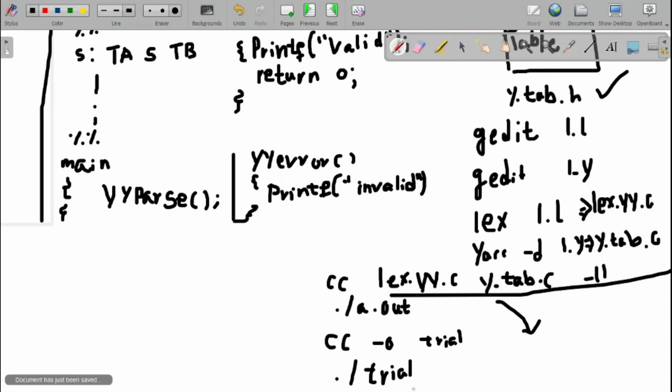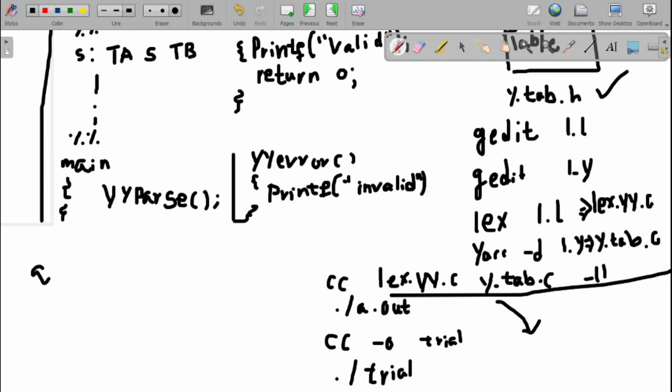Fine. So this will be regarding writing the grammars. The things to remember: in place of the arrow, we write the colon. To end the grammar, we use the semicolon. First part will be the grammar in the rule section. Second part is the action for that grammar. Then, yyerror will be executed in this case.